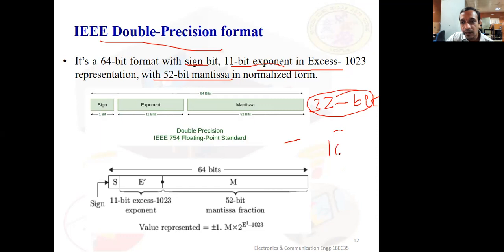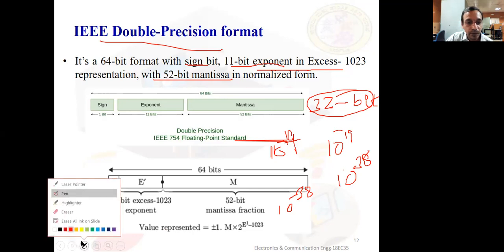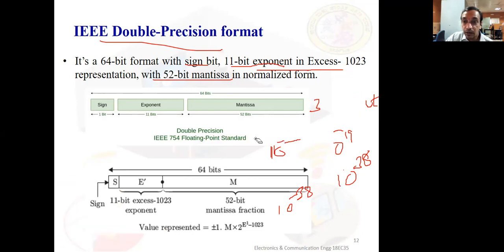For example, earlier you could have represented say 10 power 19. Now you can go up to say 10 power 38. Or earlier you could have represented only 10 power minus 19, let us say. That was the range of numbers with single precision. Now you can go to even smaller numbers, which is especially useful for scientific calculations, atomic physics and other things. You know these numbers are generally useful, right? So double precision can be used to represent the very lowest as well as the very highest numbers, the largest as well as the smallest numbers.